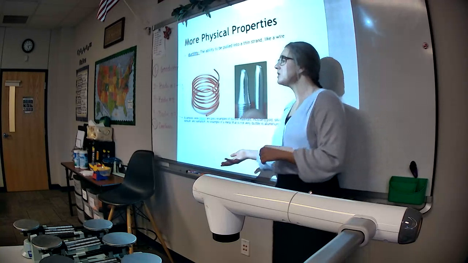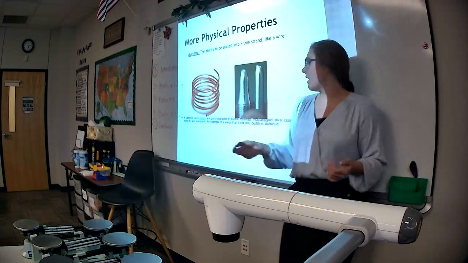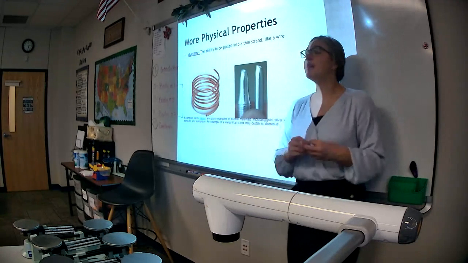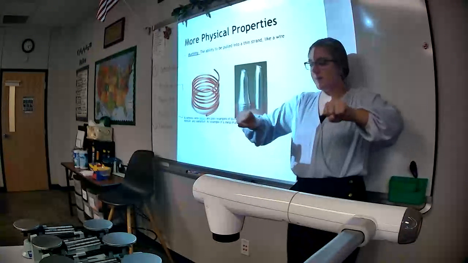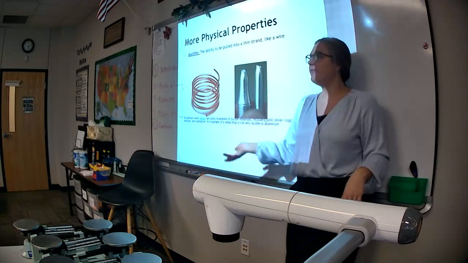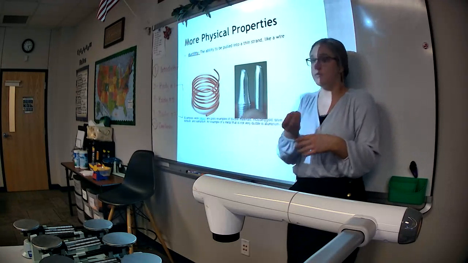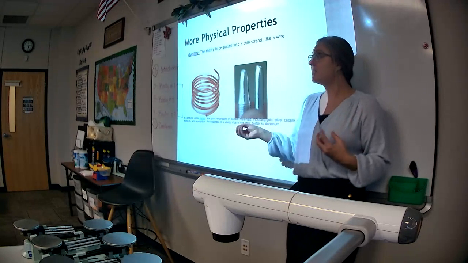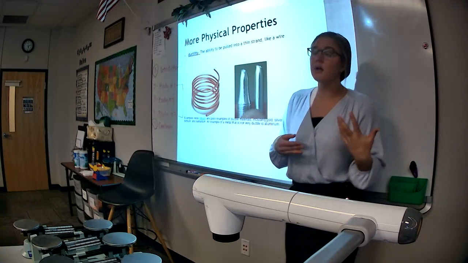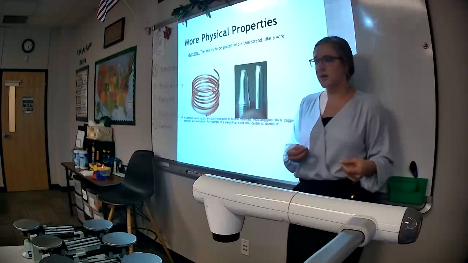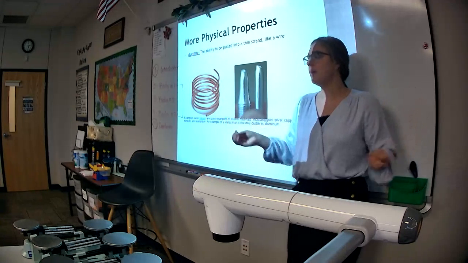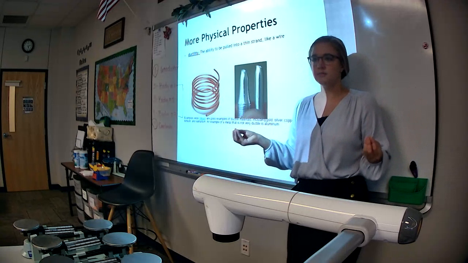Now, some metals are more ductile than others. Metals such as gold, silver, copper, erbium, terbium, samarium, those are very ductile. You can grab them and stretch them out into thin wires, which is typically why we use those kinds of metals to make electrical wiring. If you take electrical wiring and cut the plastic off, you see a bunch of copper wires usually. That's because copper is a very ductile metal. There are some other metals, however, like aluminum, that is not very ductile. If you take aluminum foil and try and stretch it out, it's not going to stretch, it's going to rip. That is not ductile. Does that make sense? Question.